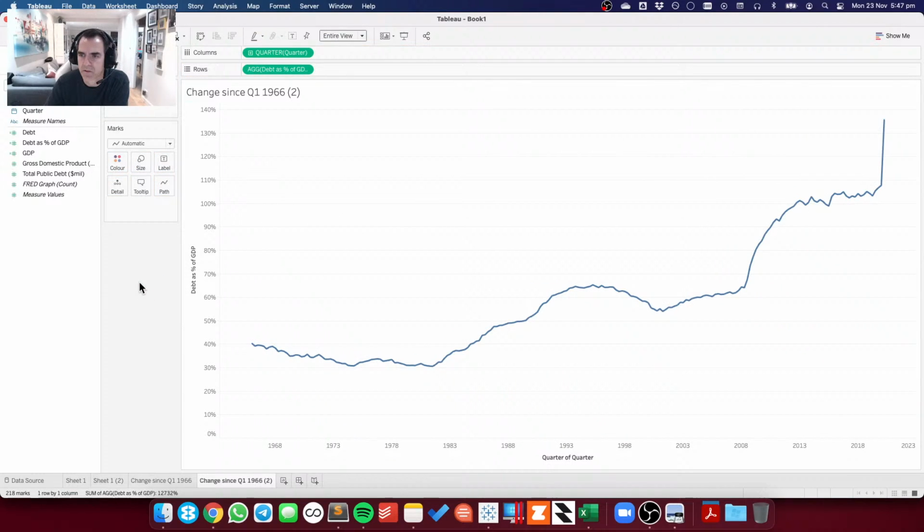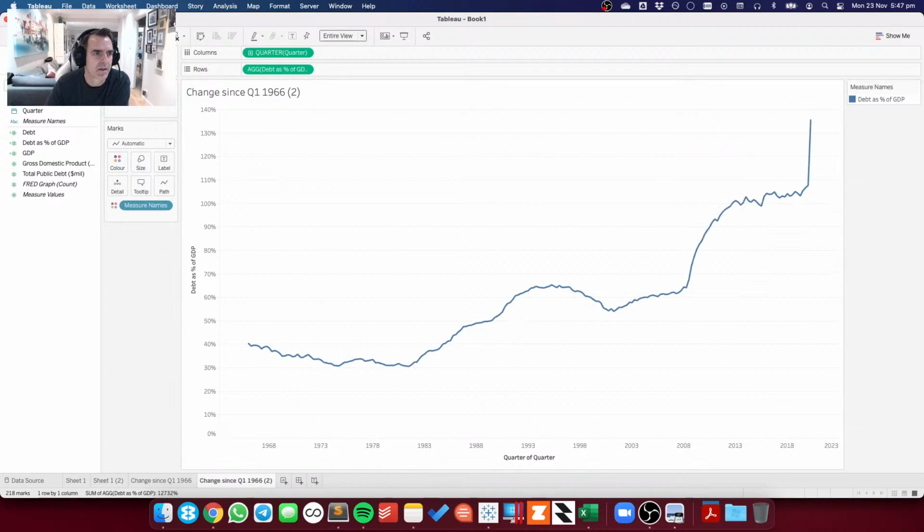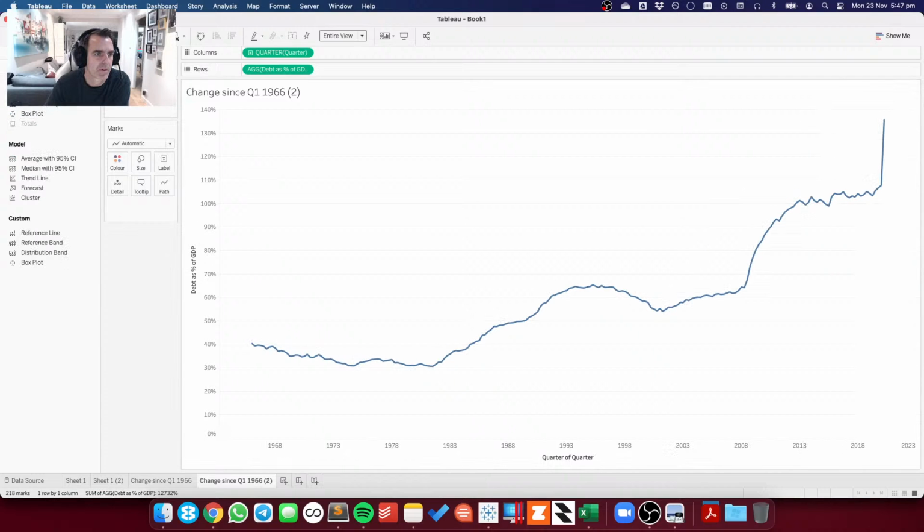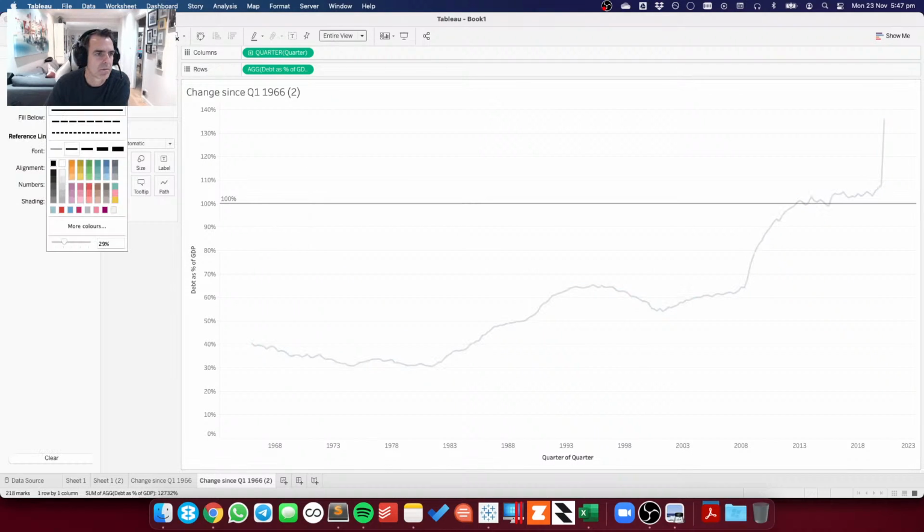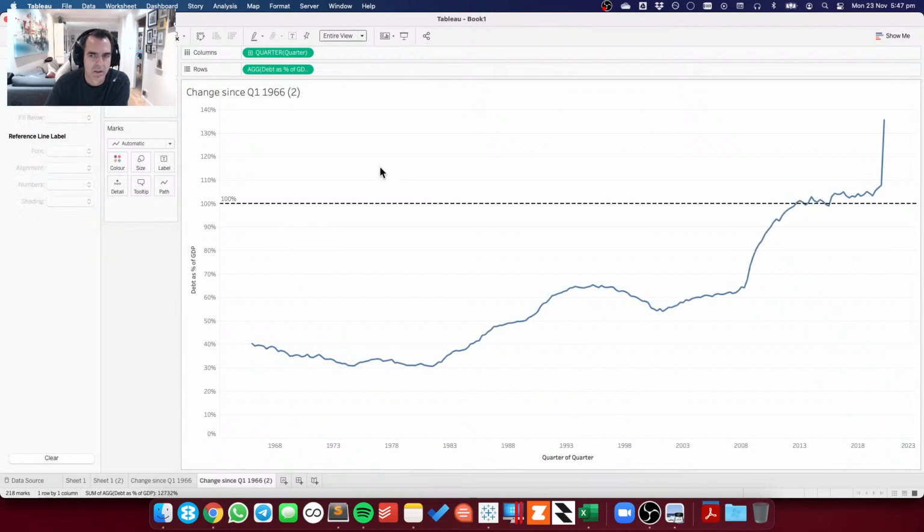It's now showing us, if I put a reference line in here at 1 for 100%, let me format that, make it maybe a thicker black line. That shows you where it's switched between one and the other. So I could color code this line.